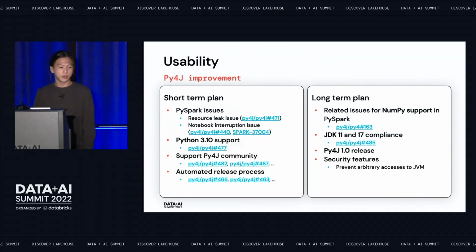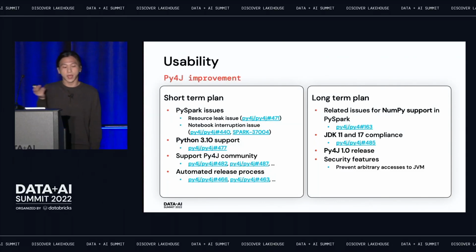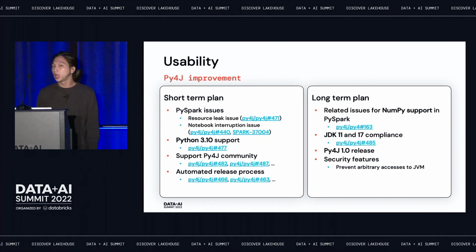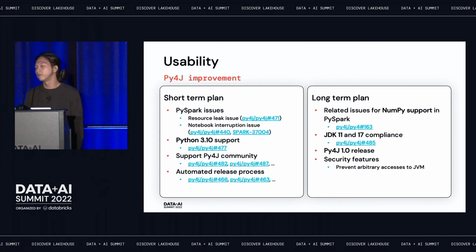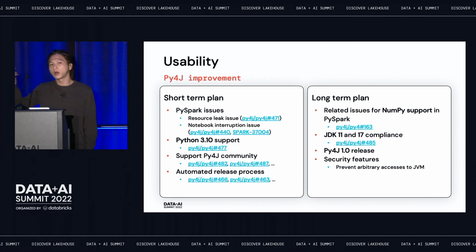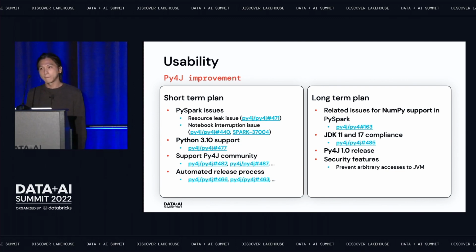This is important because it's a short-term plan. We already implemented Python 3.10 support in Py4j, so PySpark also supports Python 3.10 out of the box. We also resolved several blockers and resource leak problems in PySpark, with a fix in Py4j.